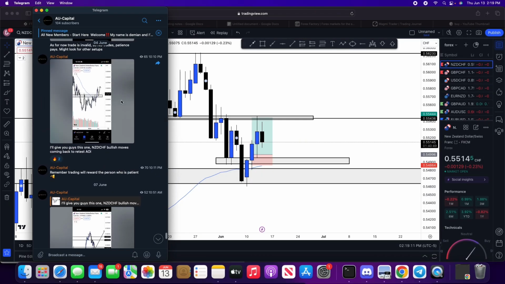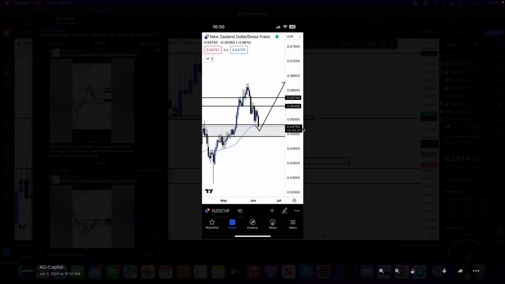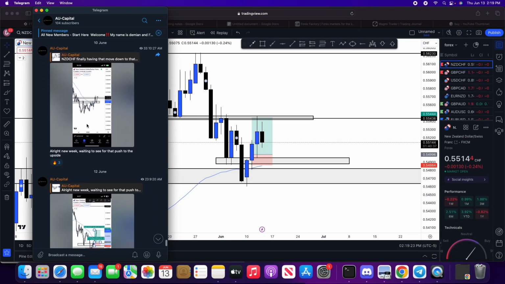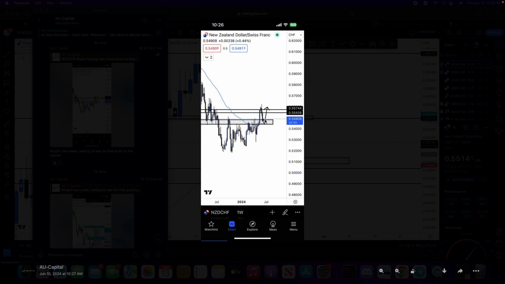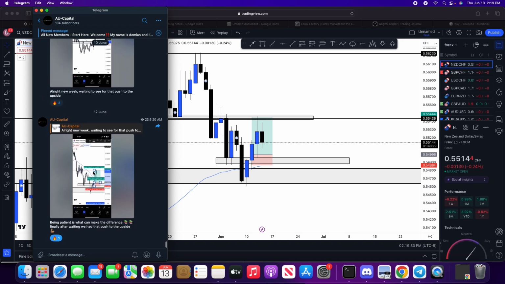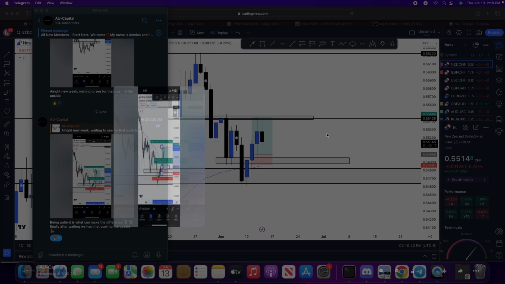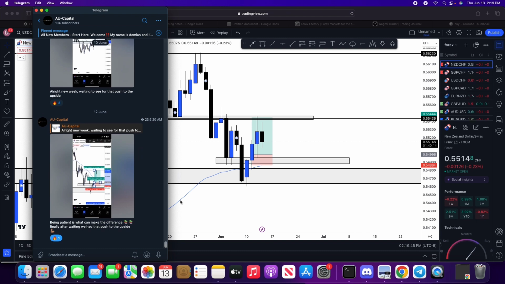And so this was the 4th of June, right here. On the 7th of June, it finally came down to that area of interest. We're starting to retest that 50 MA, but there's still no entry. The 10th of June, all right, new week. We're at that area of interest. Price is starting to move up, but there's still no entry. And then on the 12th of June, we finally got in and we closed out for about a 1 to 3. We closed out about right here, or actually I think it was a little bit more. This is on the 4 hour, and that was it.